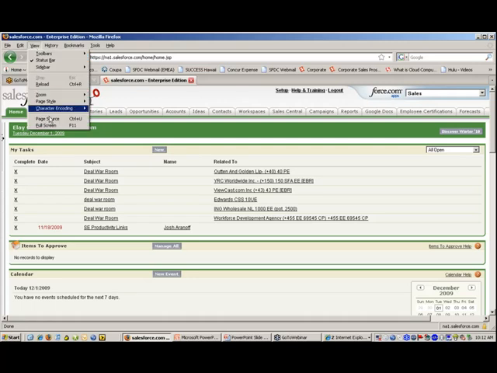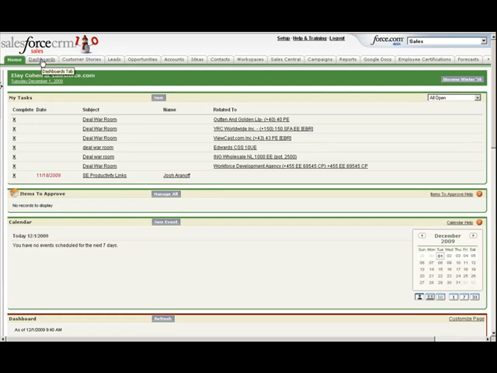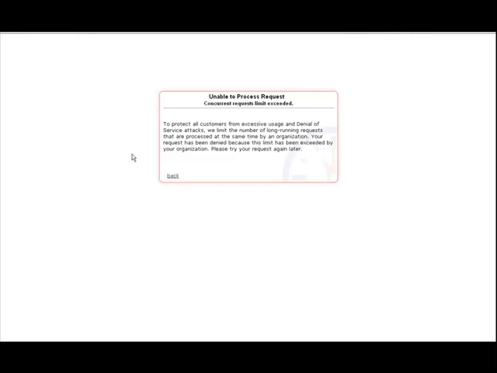So let me show you. Let me go log into the application and give you a sense of how we manage this. So I'm logging into our actual application. This is how I use Salesforce.com. And, basically,